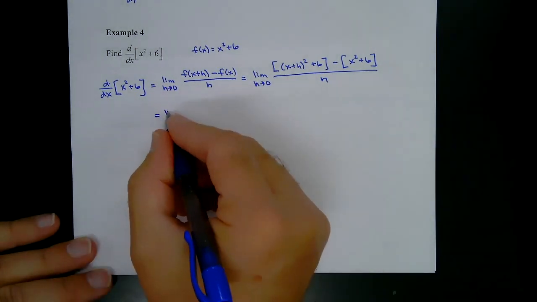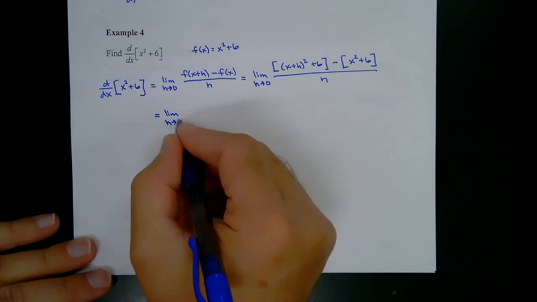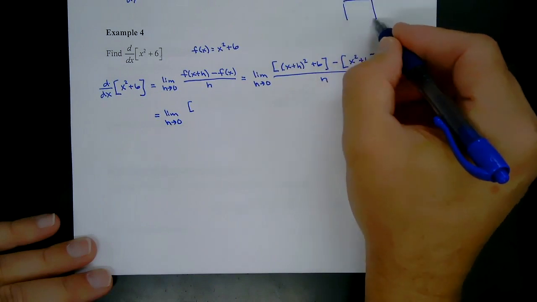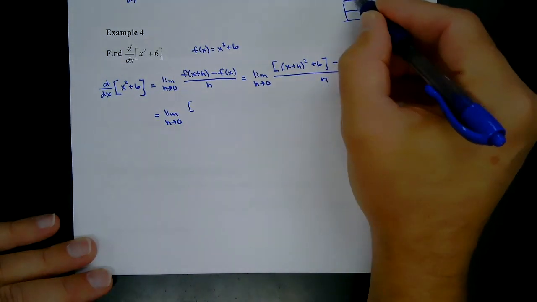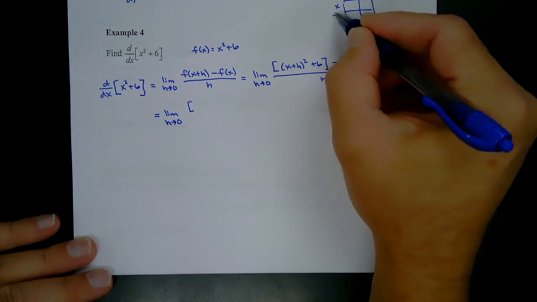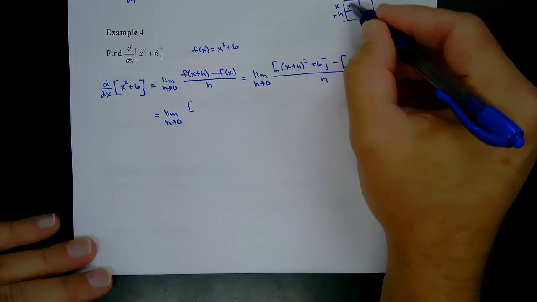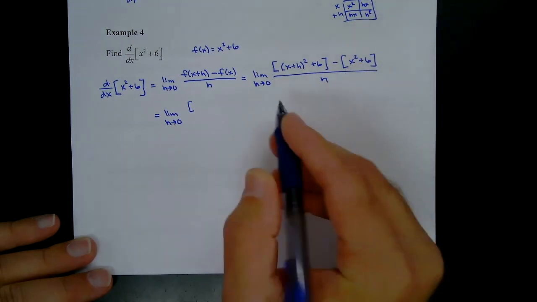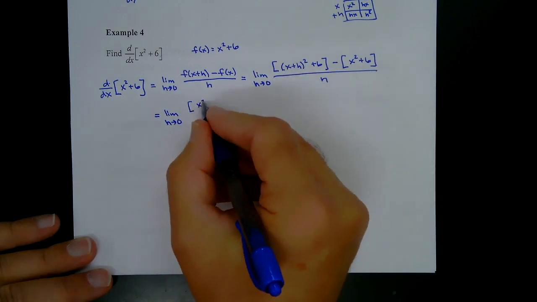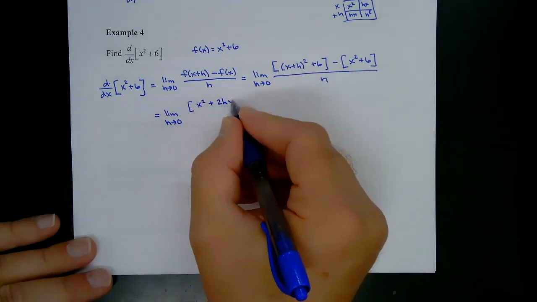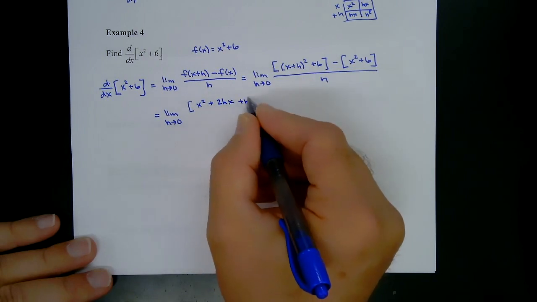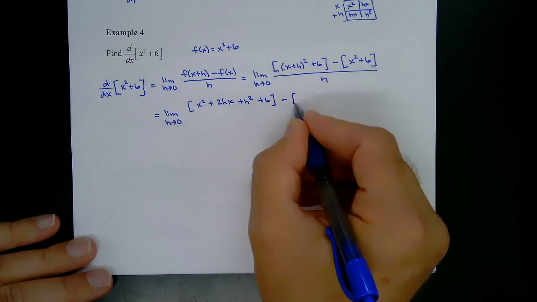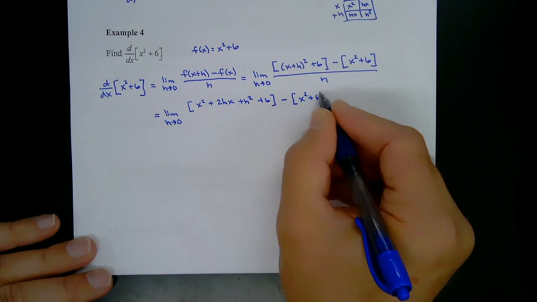This is equivalent to the limit as h approaches 0 of, okay, so when we square this out, you could do a little area model here. It's x plus h by x plus h. They're identical this time because we're squaring it. So this is x squared, this is hx, this is hx, and this is h squared. So squaring this, we get x squared plus 2hx plus h squared plus the 6 minus, and then x squared plus 6